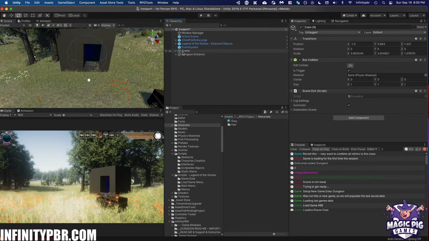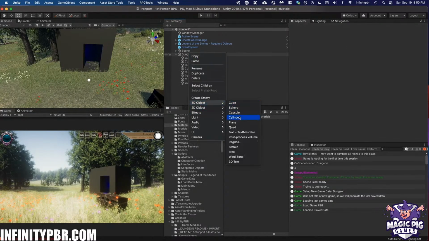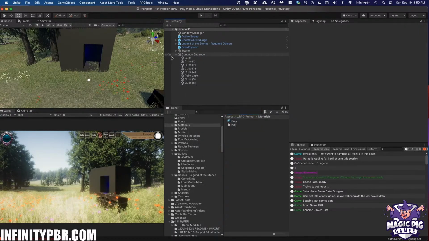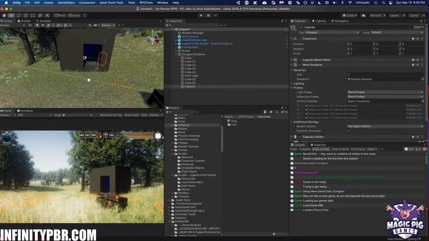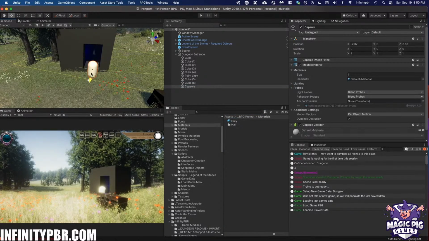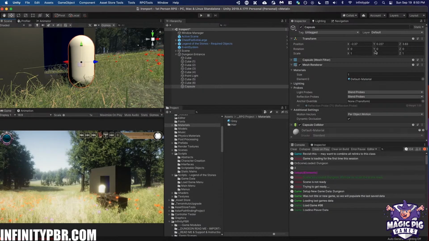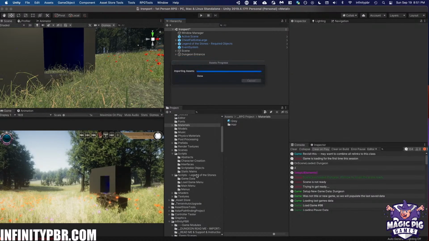And this is where we want the player to exit when they exit the dungeon. So we're going to put this aside, and this is going to be 388 and 13 and 243 and 0 151 0. Okay, then delete that, save the scene, go back to the other scene,